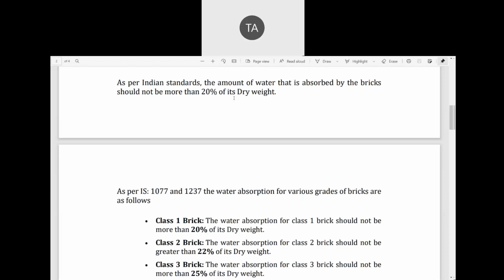Clay means the brick which you use everywhere, which is made of earth, soil. Clay or soil, you can say. With that only it is made. Concrete bricks are another type, made for concrete blocks, like the ones you use on roads. You don't use concrete bricks in your building because it will increase the weight of your structure.